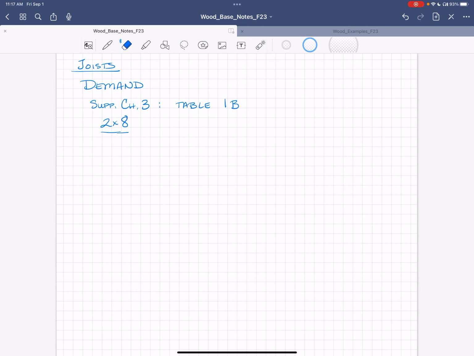One of the first things, and this is also in chapter 3 of the supplement, is I need to figure out the density. I'm just going to label it density for now. Density in pounds per cubic foot from equation 3.13, which is in the supplement. If you go in there, you'll see that it equals 62.4,